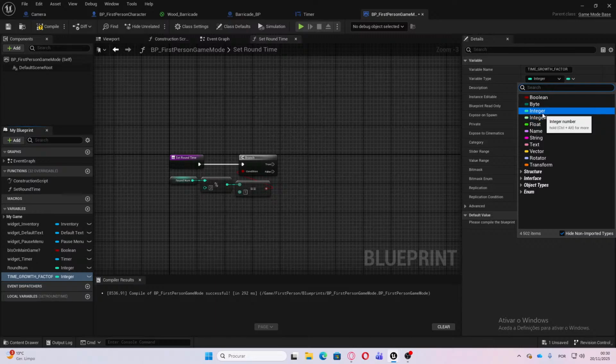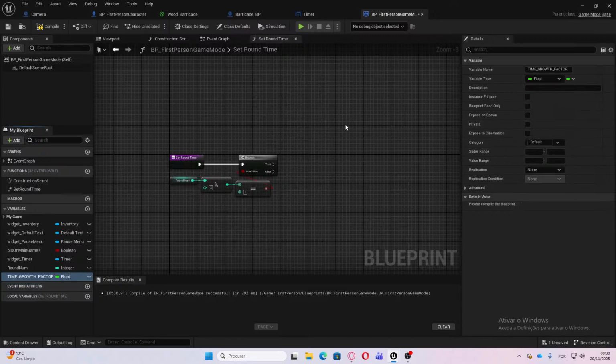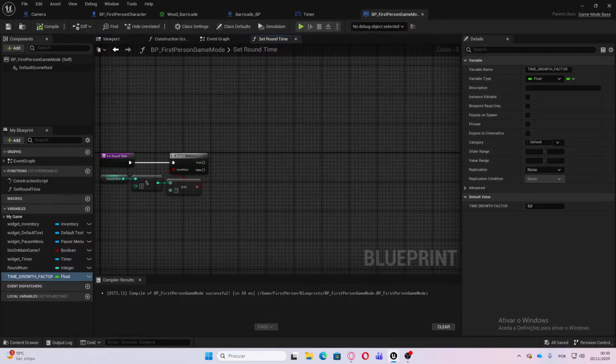No, actually an integer. No, a float, and it will start by